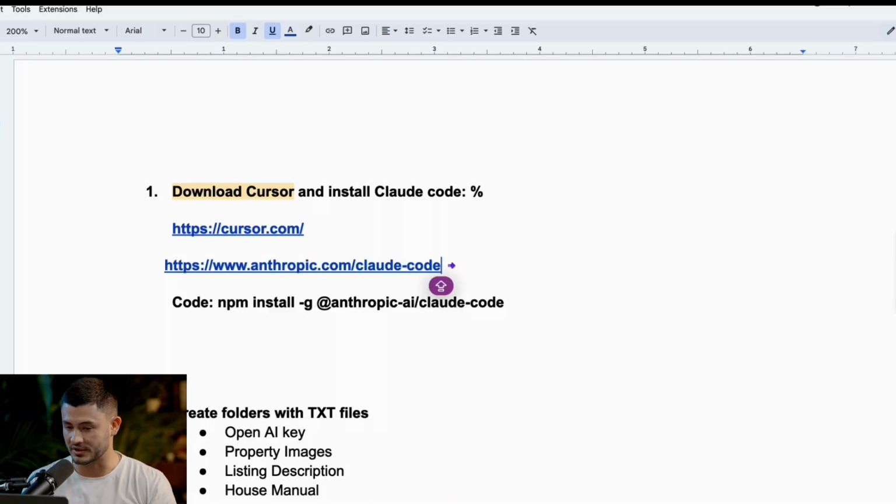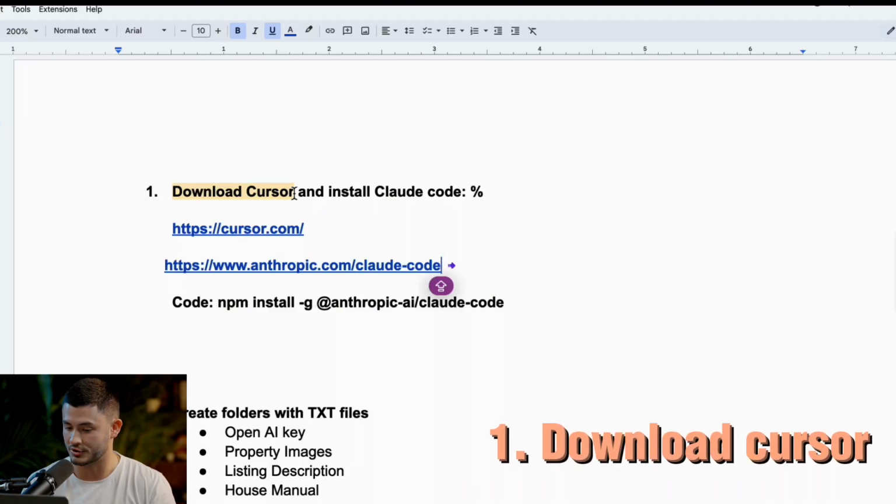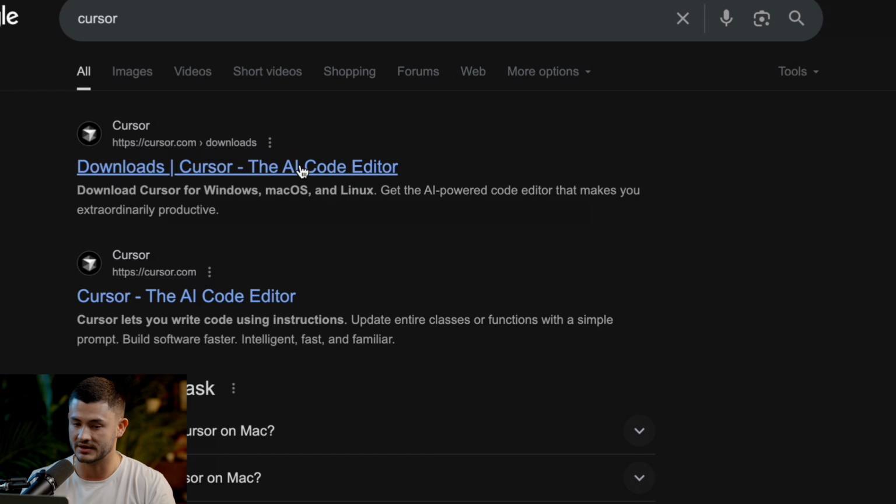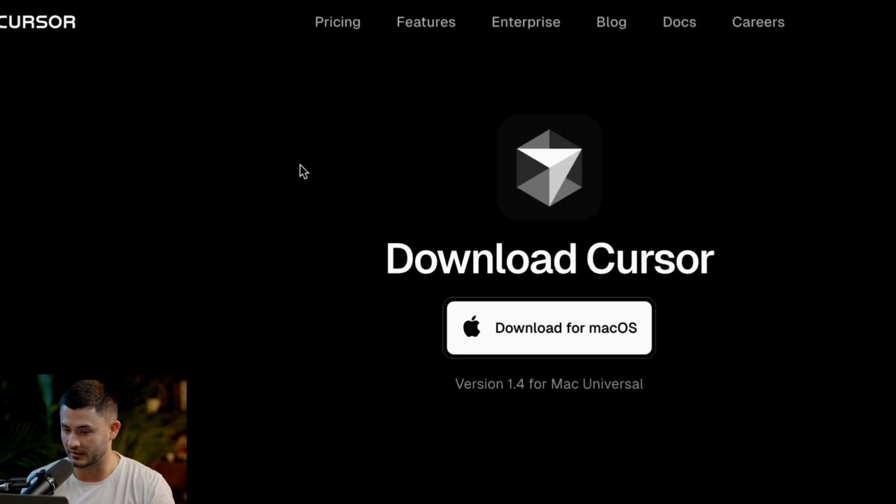All right. First thing you're going to want to do is download Cursor. Cursor is going to look like this. And what Cursor is, it's basically the terminal from where you're going to run everything. So go to Cursor, download either for Mac or desktop, and once you have that set up, the next thing you're going to want to do is